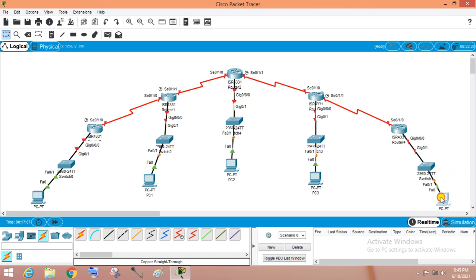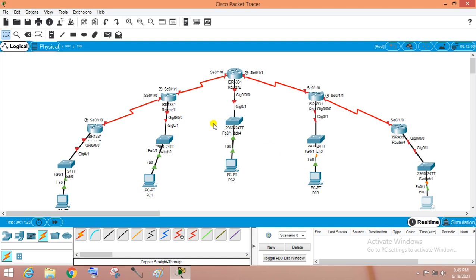Later we will do the practicals. So we have connected our PCs with our switches. Now it looks fine.